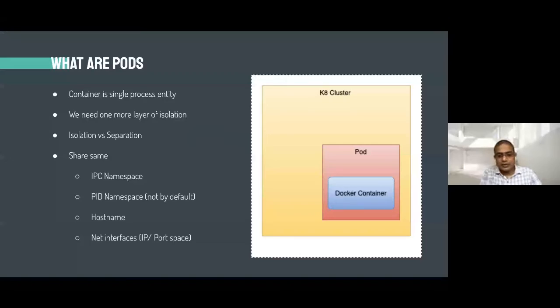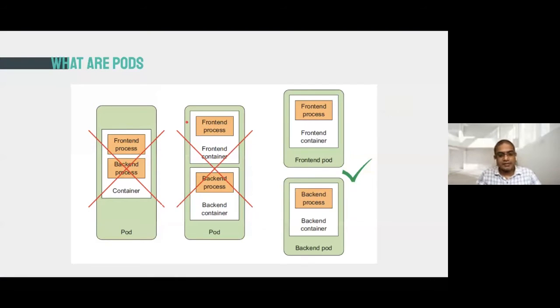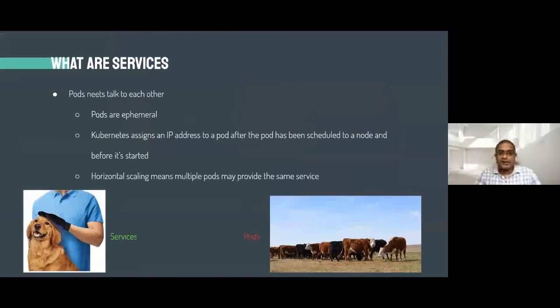outside. To do that, we have something called services. A service is something like an interface that makes the pod, or the pod's service, available to the outside world. And there is a very famous saying in the world of Kubernetes that you have to treat your pods as cattle and services